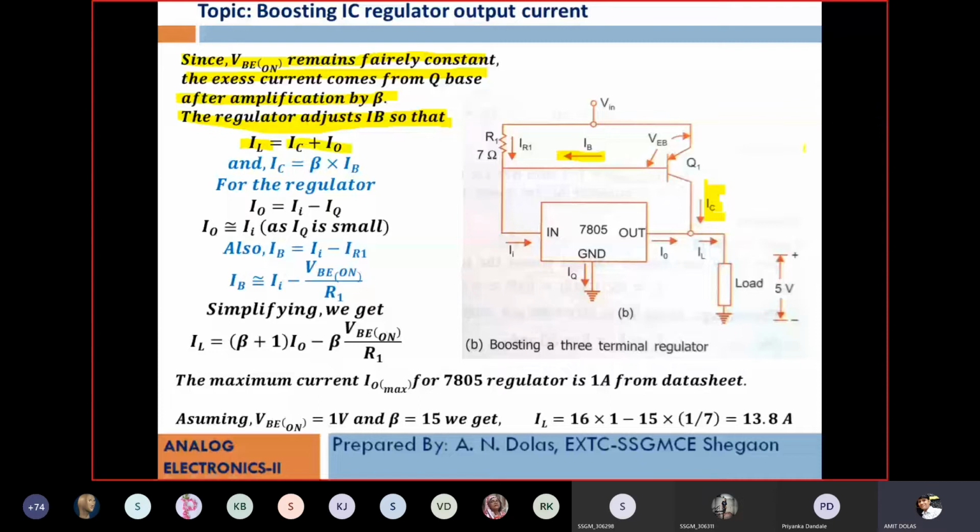I will show it at the node. Let me erase this thing. So here you can see the load current which is passing into the load, this one is at this node, and the remaining are the two currents which are coming towards the node, that is IC from the transistor here and IO from the IC itself. So IO plus IC is the load current. And what is IC in terms of beta? IC is nothing but beta times IB.